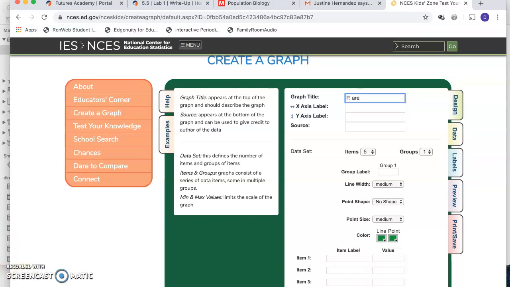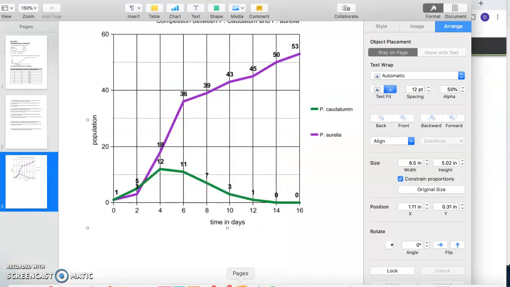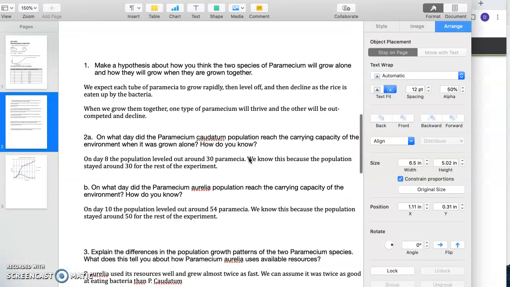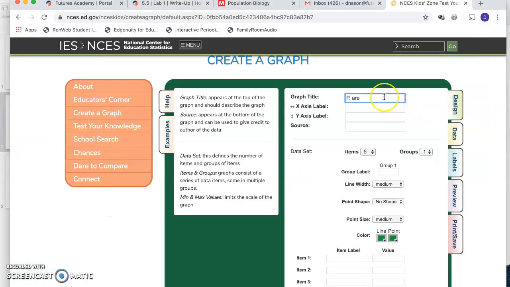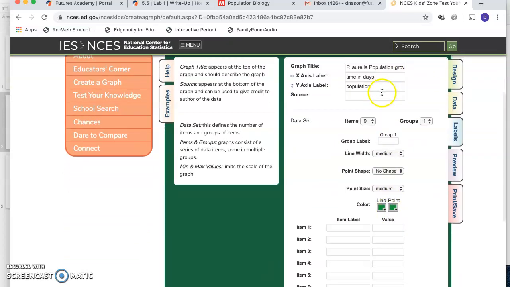What's the name of that stupid thing? I cannot remember this. Aurelia. Population growth. This is time in days, and this is population. Again, I think we want a 9, and this one will only be one group. We have only one type of